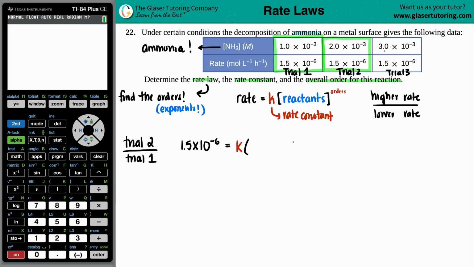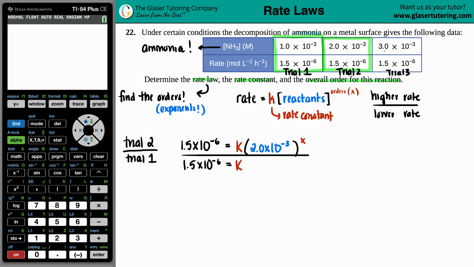And this is going to be times the concentration of the NH3. So in this case, it's going to be 2.0 times 10 to the negative third, and that's going to be raised to its order. Now remember, we're trying to find that order, so I don't know what it is. So I'm just going to label it for now as x. You could choose any value. Doesn't really matter. And I'm going to divide all this by, we're going to do it again for the trial 1 values. So the trial 1 rate was 1.5 times 10 to the negative 6 equals the rate constant, still